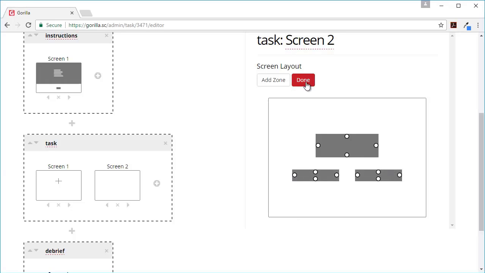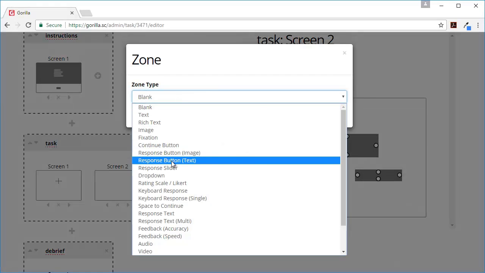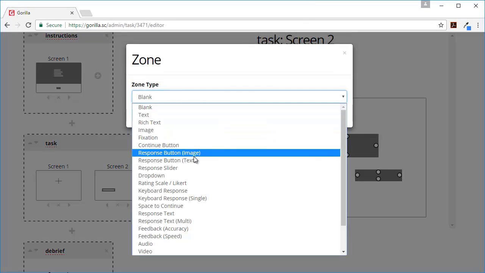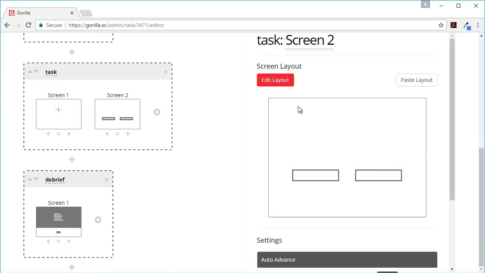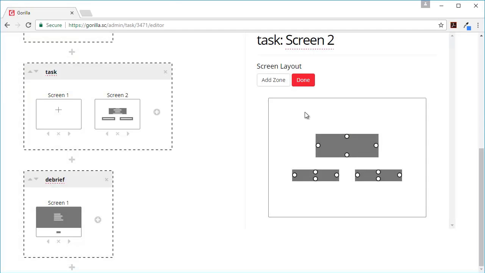Okay. And then I need to configure what these are. I want these to be response buttons with text on them. Now, as soon as that one hasn't been configured, text. There you go.